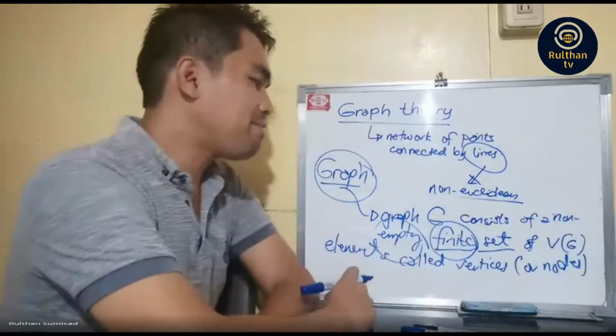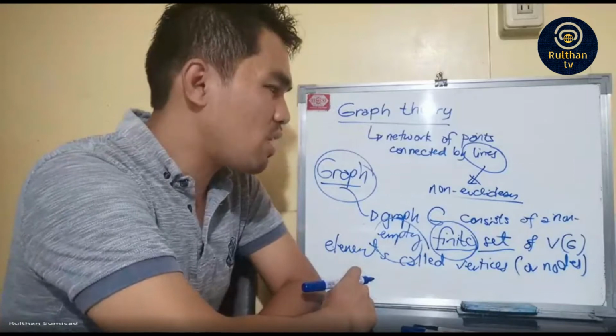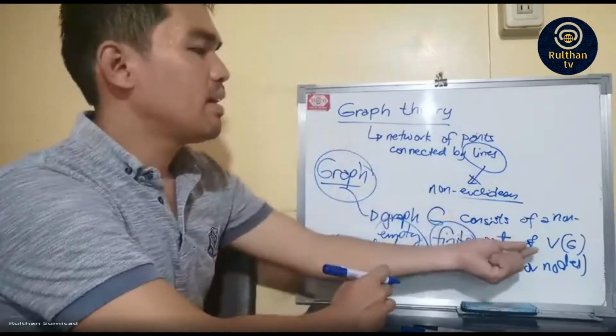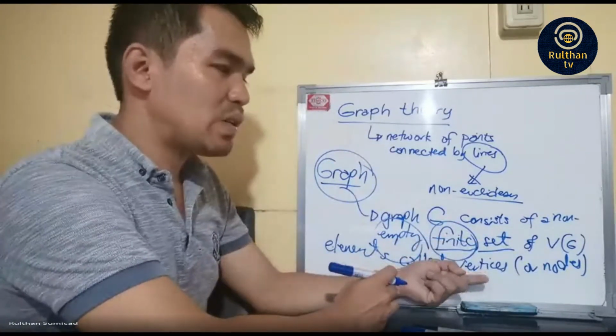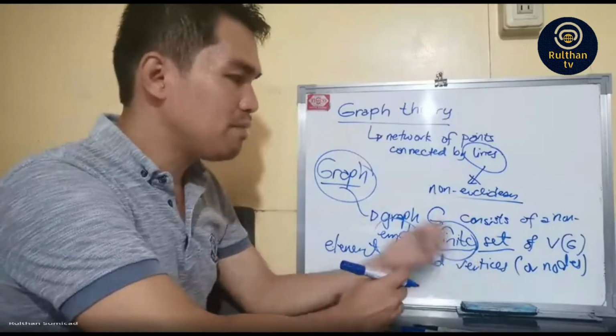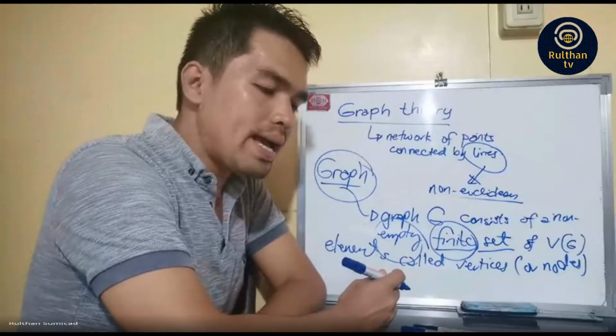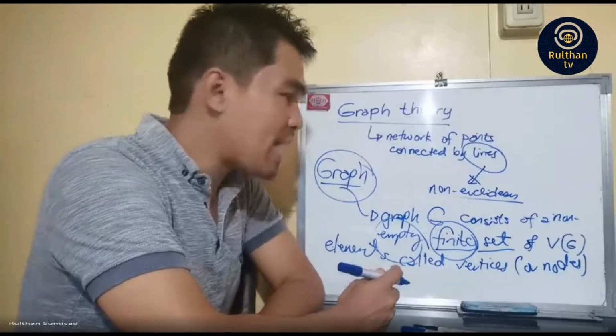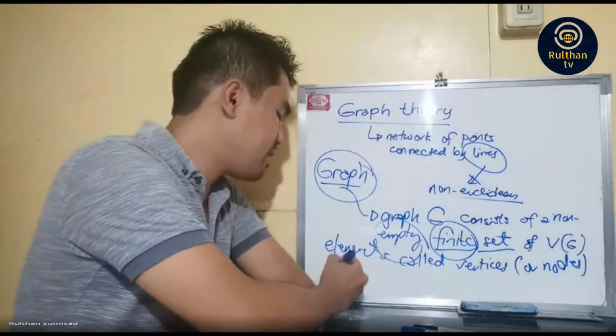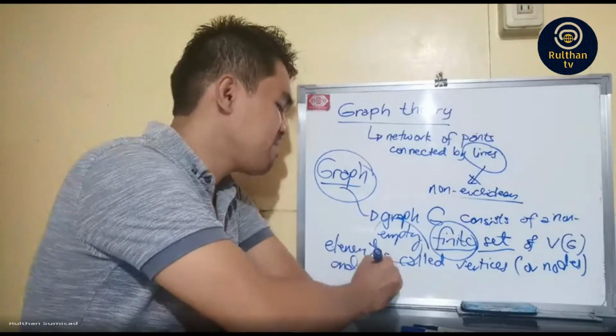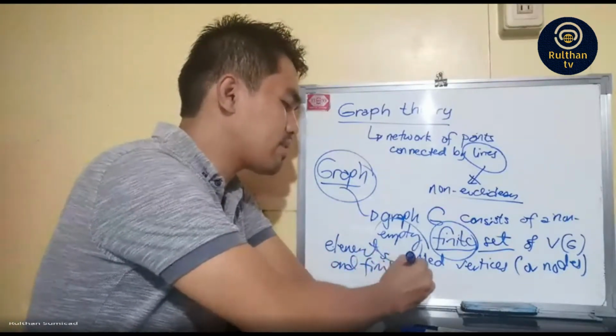So when you say graph, it is composed of vertices or vertex, the plural form being vertices, also known as nodes or node, and a finite set